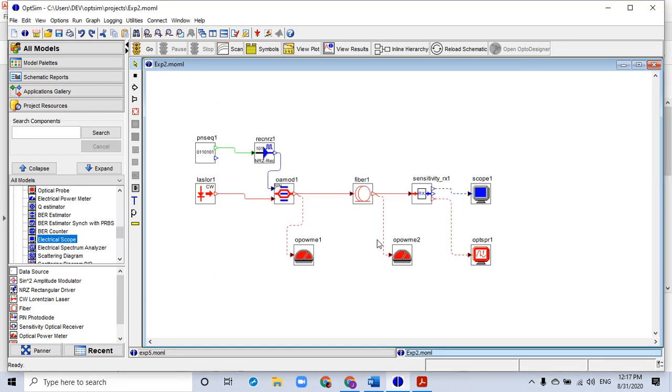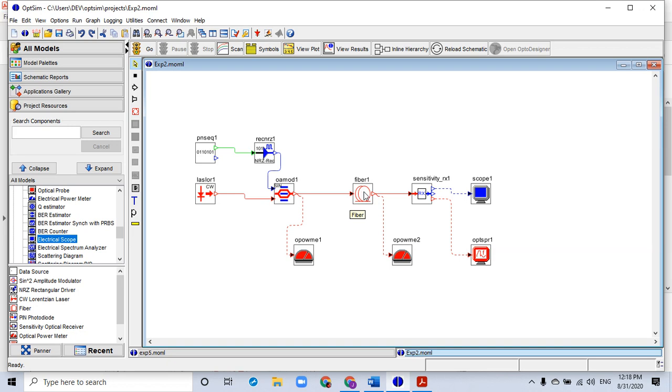So you see that as the signal travels along the fiber, because of the losses taking place inside the fiber, the power signal at the optical power meter 2 is less as compared to the signal strength at optical power meter 1. So one of the tasks is to comment on why the power signal at optical power meter 2 is less than that of optical power meter 1. The reason is that losses have taken place in the fiber.